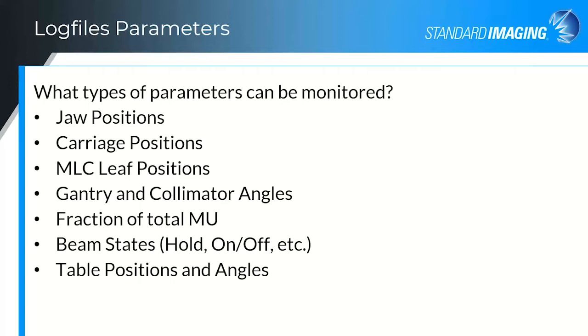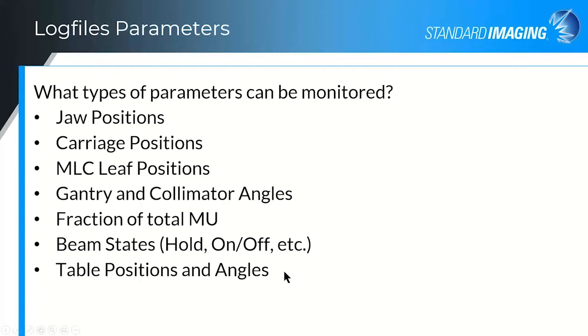So log files can be used to make direct comparisons for multiple parameters, such as the jaw positions, carriage positions, MLC leaf positions, gantry and collimator angles, monitor unit, beam states, meaning hold on or off. Elekta Linacs, for example, don't entirely beam off in most cases during delivery, but instead reduce the dose rate,